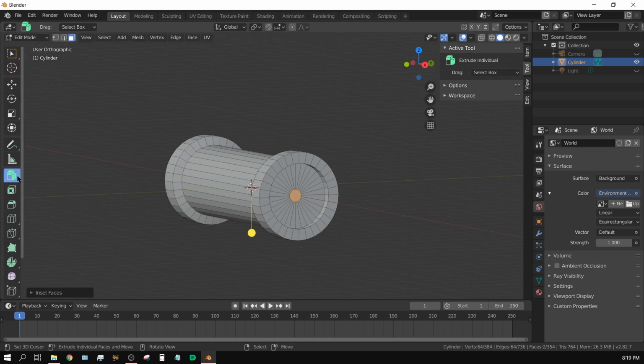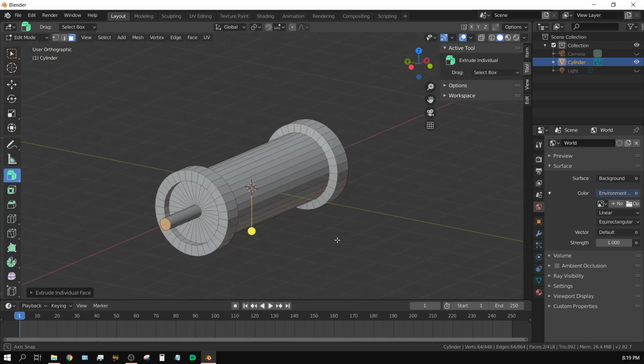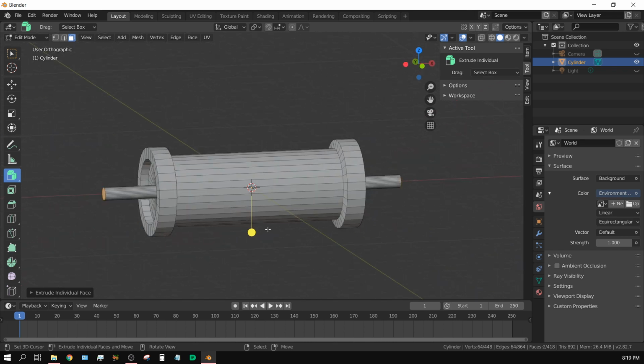So we already have this selected, which is our individual face extrusion, so go ahead and drag this so that it comes out, and that's our shaft. See what I mean? Now press tab to exit edit mode,